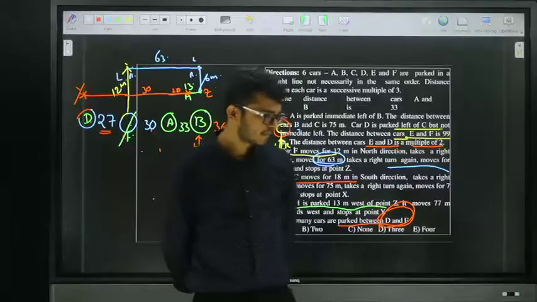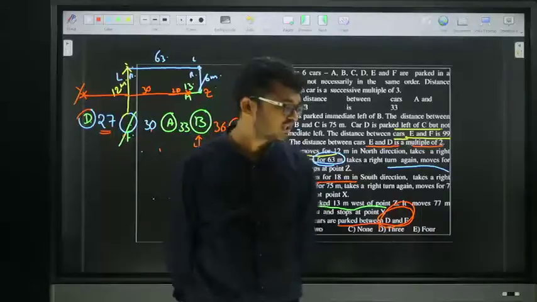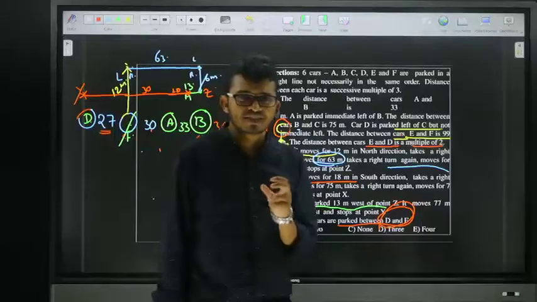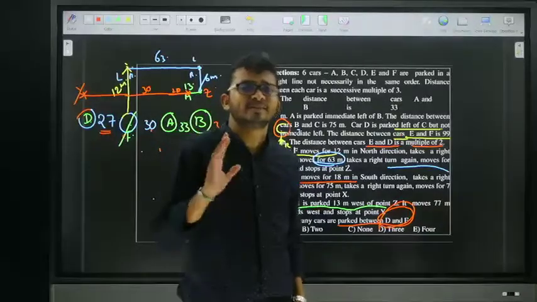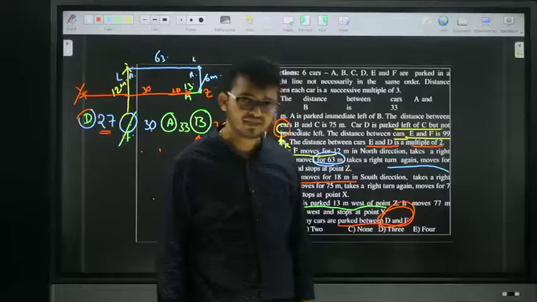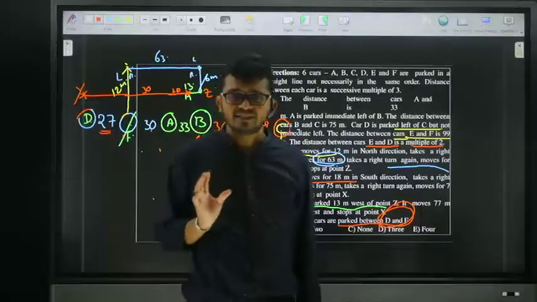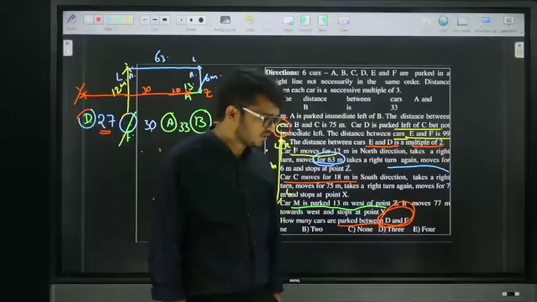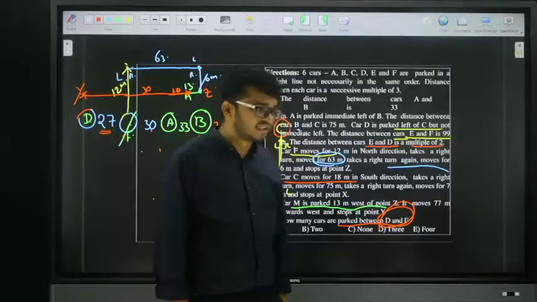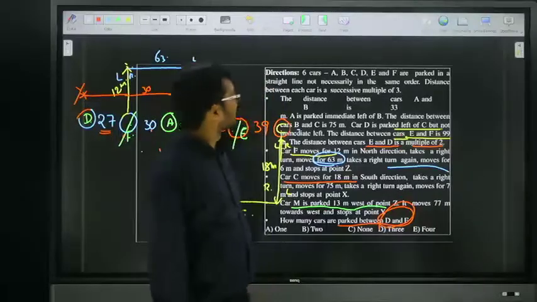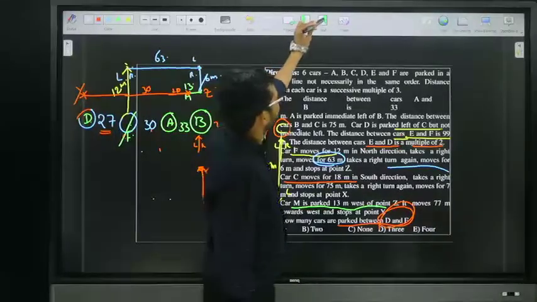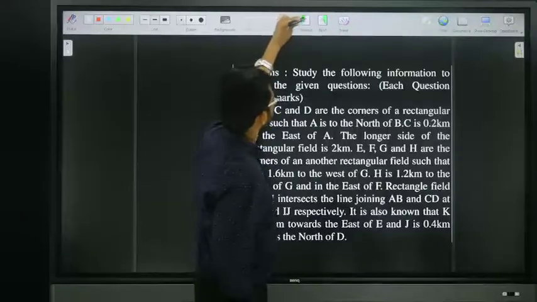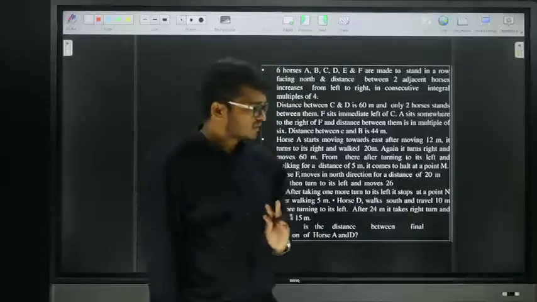Yes. Next, friends, shall I go for the next question? Friends, first they will conduct SBI PO mains. After completion of SBI PO mains, next they will conduct SBI clerical. But in last year's SBI clerical mains, they repeated this same question. So when they repeat the same question, next go for last year's SBI clerical mains. Yes, friends, next, solve the next question. Same model, solve the next question.